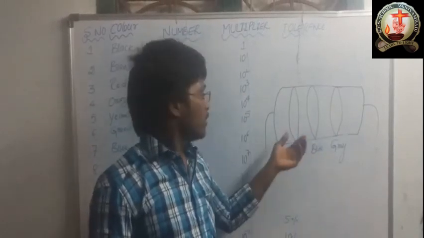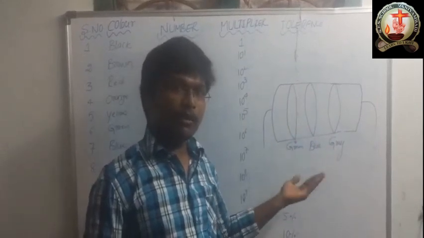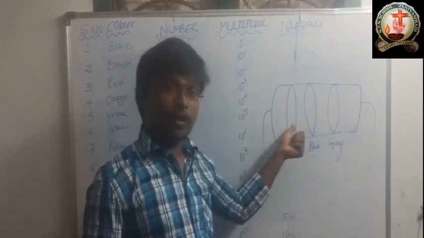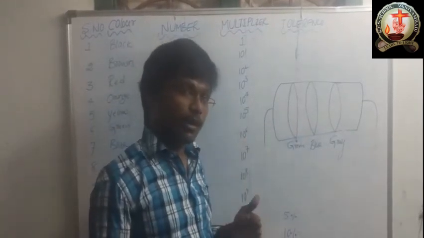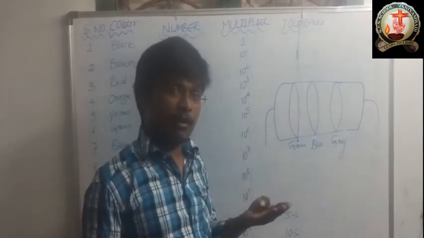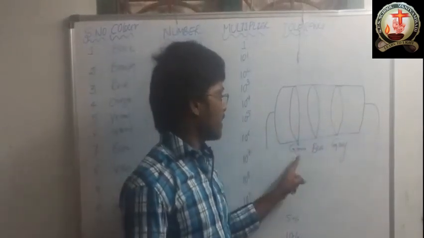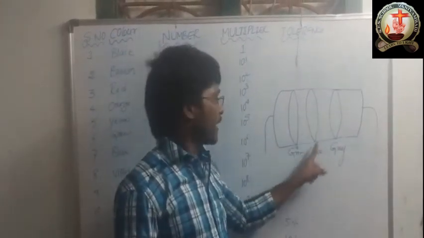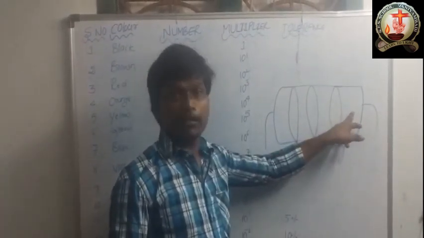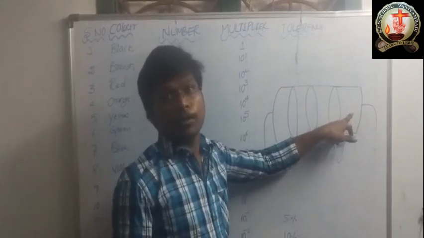So this is another carbon resistor, and this carbon resistor also has color rings. But this carbon resistor has only 3 color rings. I told you already, each carbon resistor has 4 color rings, and some resistors have 3 color rings. The fourth color ring is optional. See here, the first ring color is green, the second ring color is blue, and the third ring color is grey. The fourth ring is not given here because that is optional.